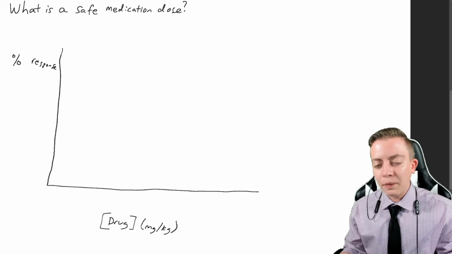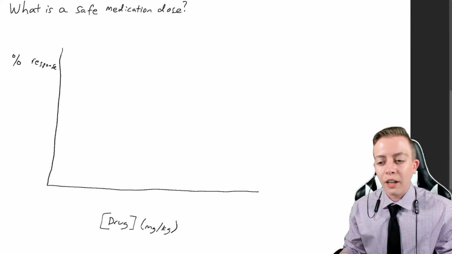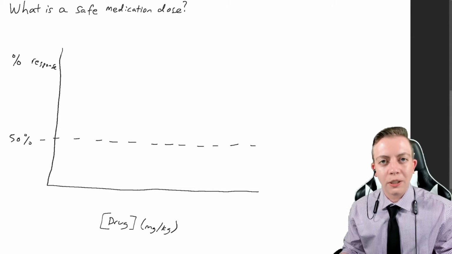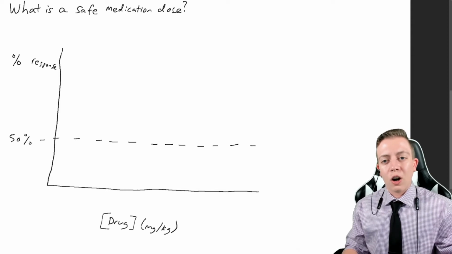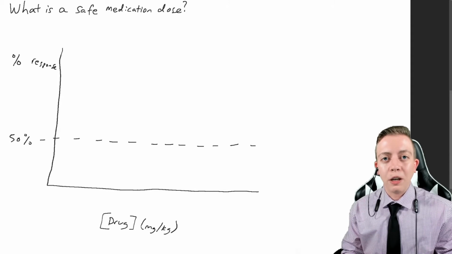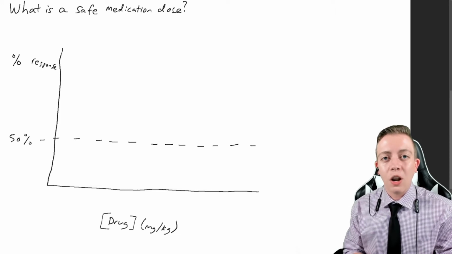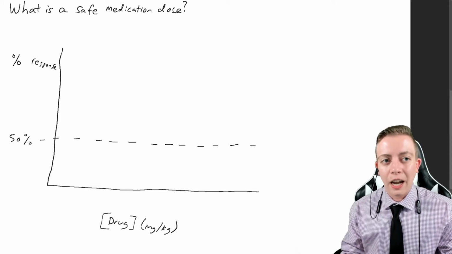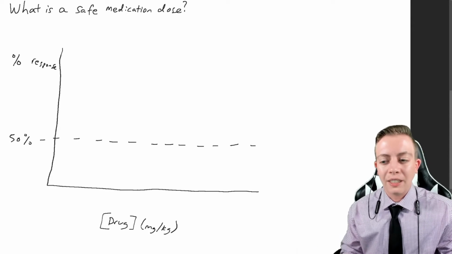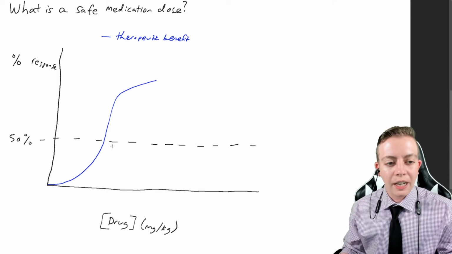When we make this determination, we're focusing on the average, what would happen to the average person. So we're going to focus around the 50th percentile, or 50% of the population. There's a delicate balance that we need to reach with drugs, right? There are certain levels of a drug that are effective and will give you a therapeutic benefit, because if you're going to use a medication, you want it to benefit people. There's a reason why you are prescribing a medication, and you hope that they're going to benefit from it. So this first part of the graph is the therapeutic benefit,